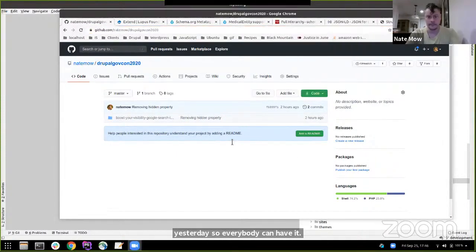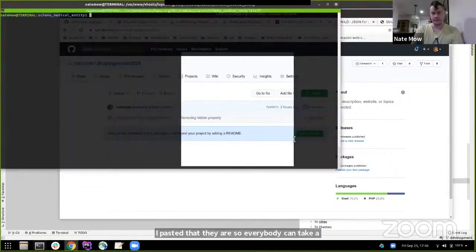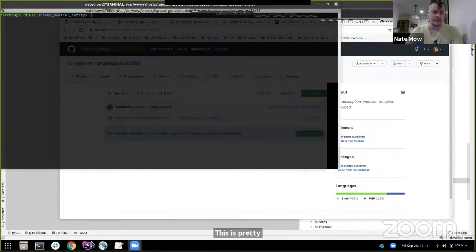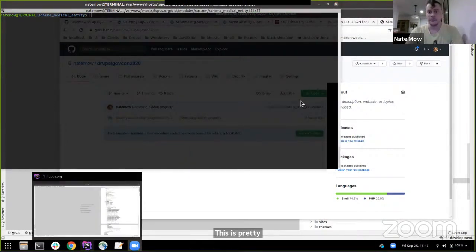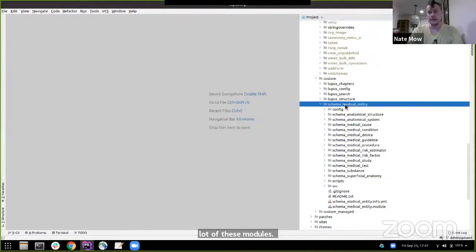There we go. So just paste that there so everybody can take a look at it. This is really pretty basic shell scripting that I did here to generate a lot of these modules. So once I had the baseline wrapper, my medical entity object established, we needed all of these sub